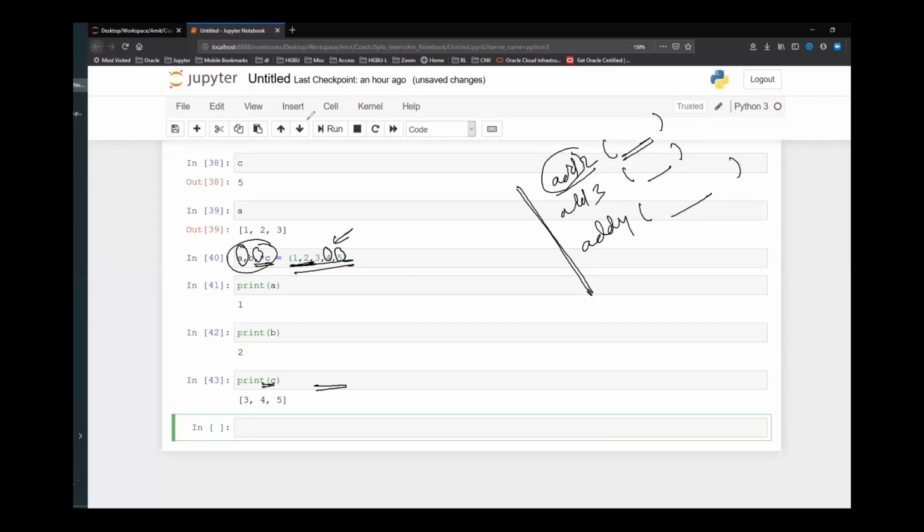So that's why I assign two stars. Like for unpacking, usually you have just one star, otherwise there will be a conflict. Python will not be able to understand what portion I should unpack for this and what portion I should unpack for that. But we will take those examples.